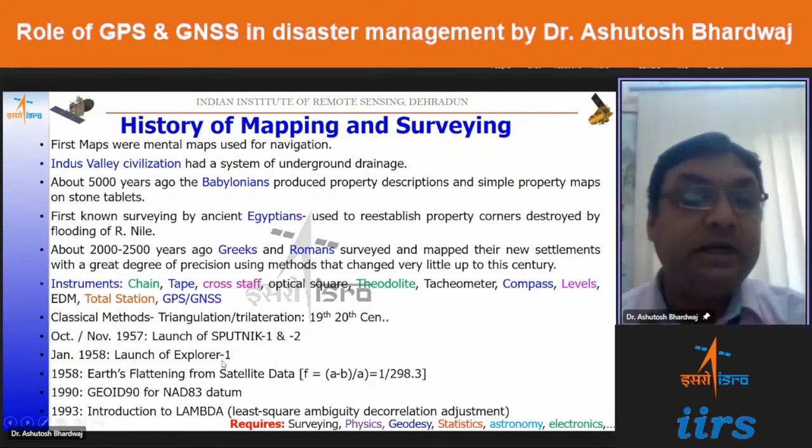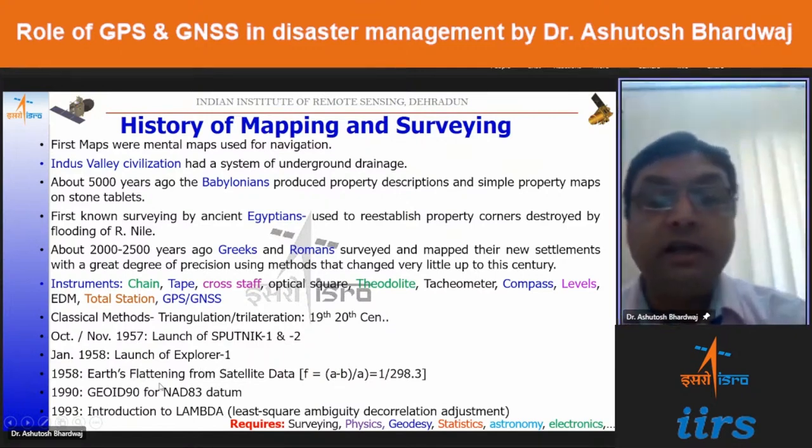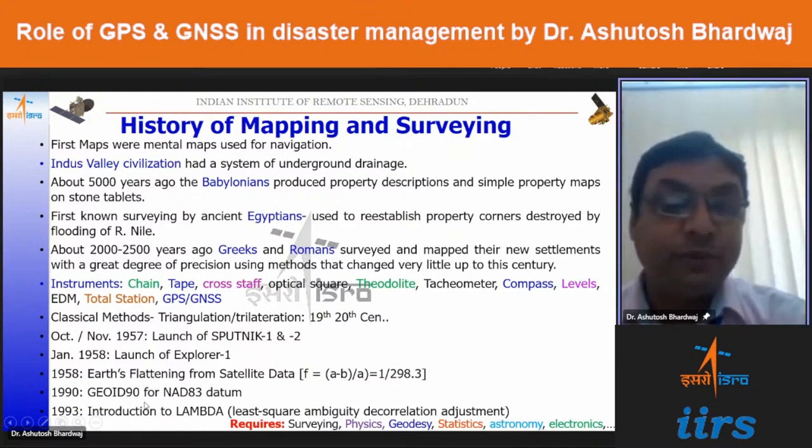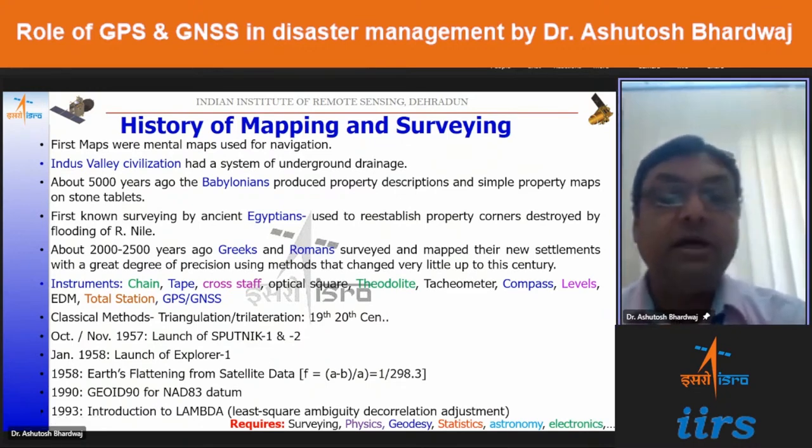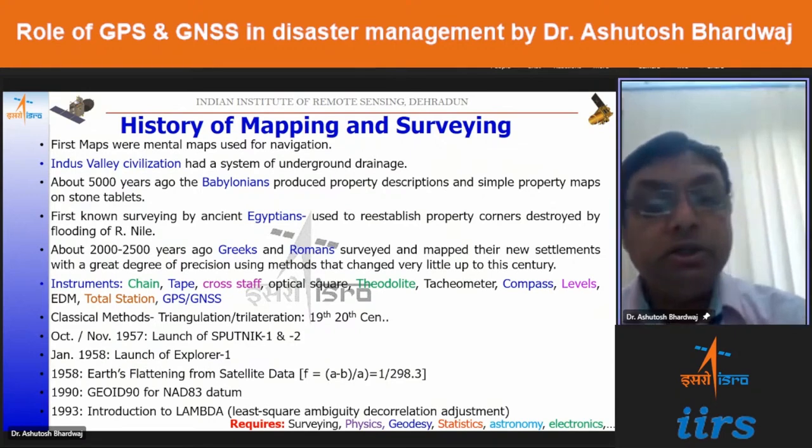With the help of these satellites and the datasets gathered, we were able to define new Earth flattening ratios and new datums. That is the contribution that came into surveying with the launches of different satellites,